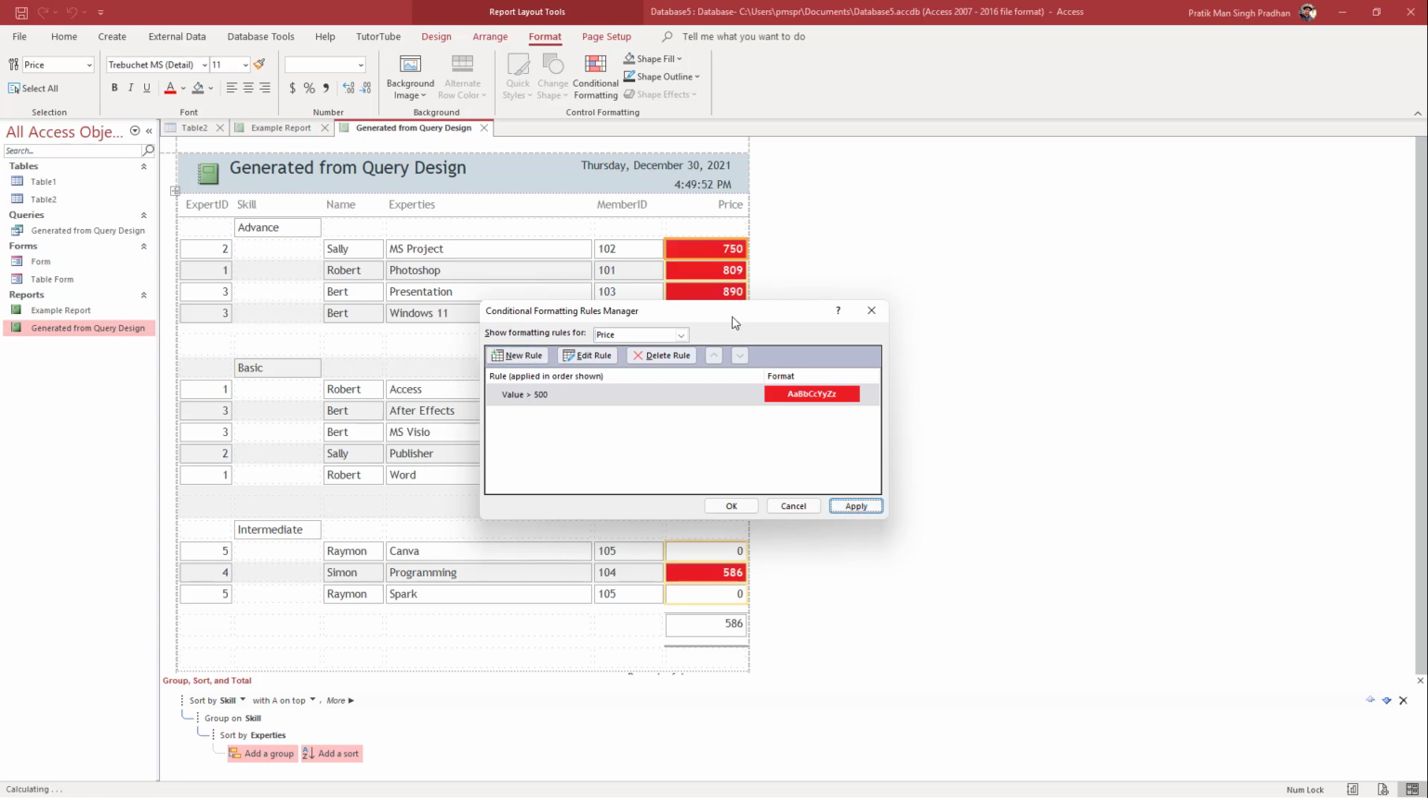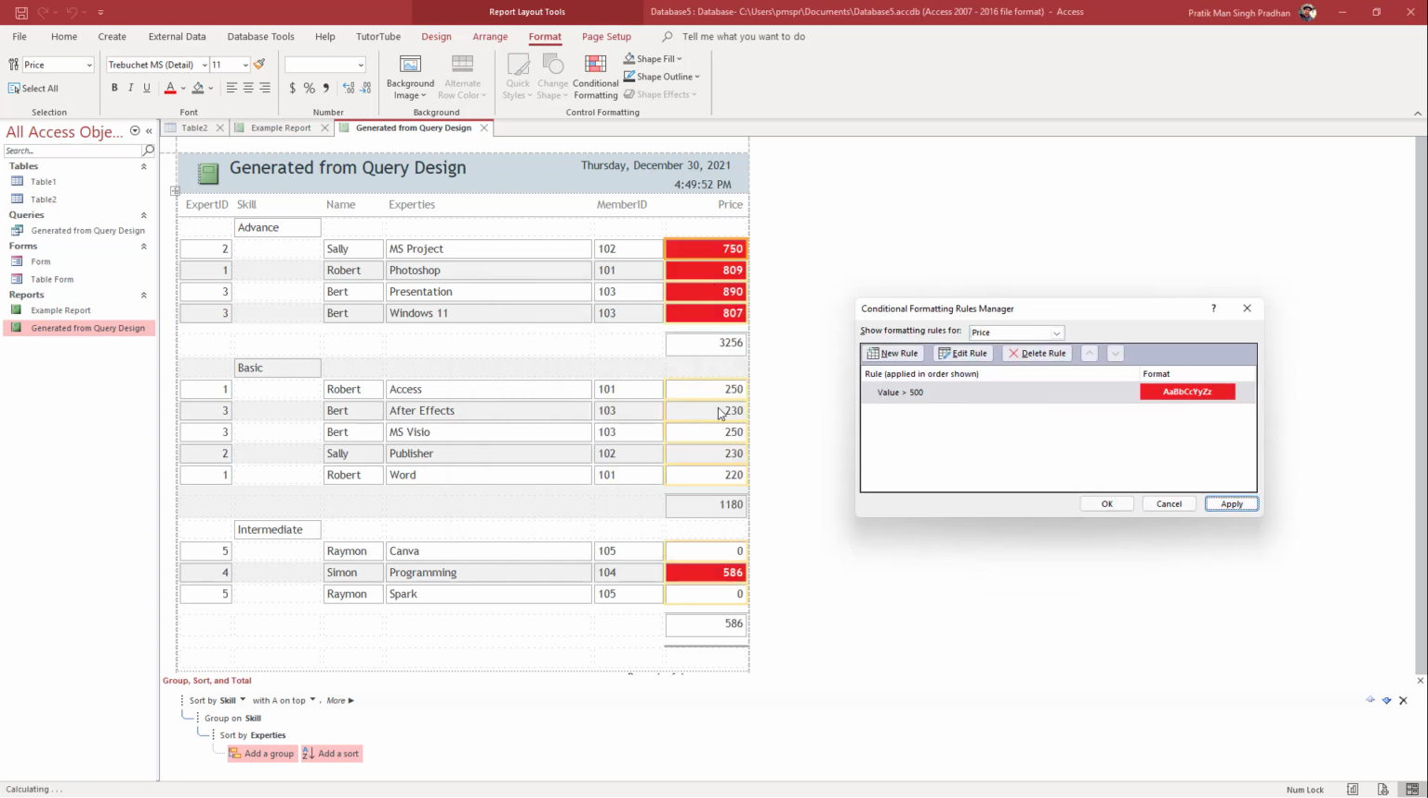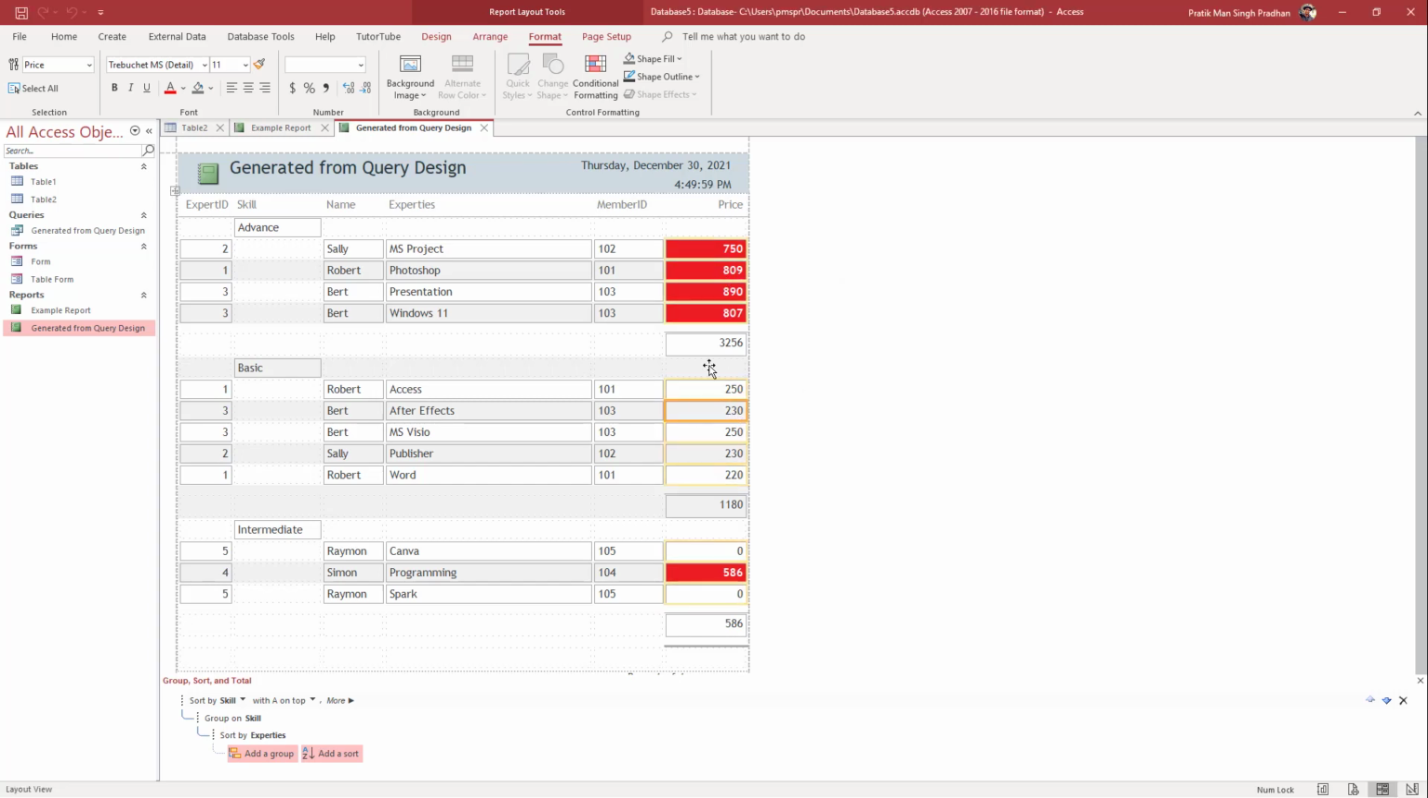And if I were to press apply, now you can see that all the values that are greater than 500 are highlighted in red, just like this over here. So now you can see that this is 586, it's highlighted red, whereas 250, 220 and so forth is not highlighted red. So that is how you can work with conditional formatting for values in a record inside of